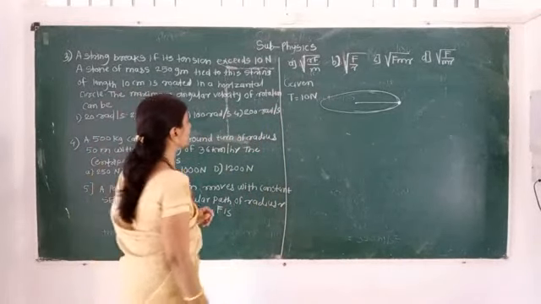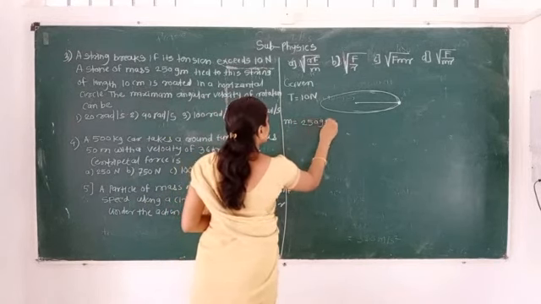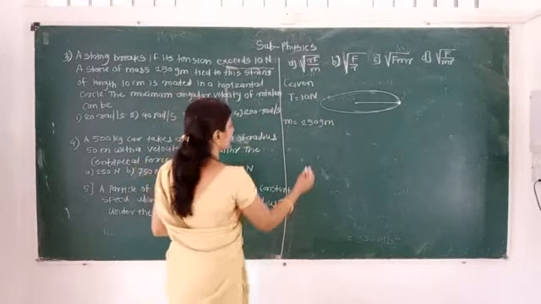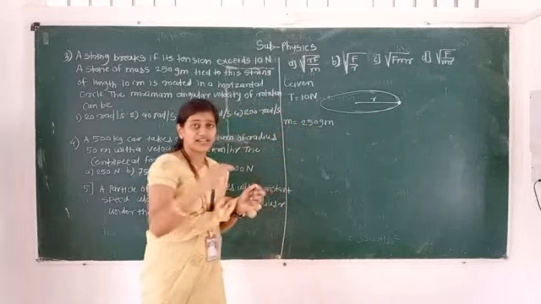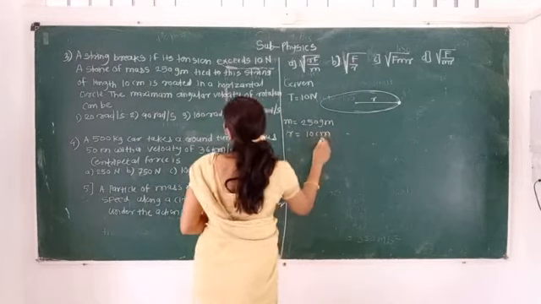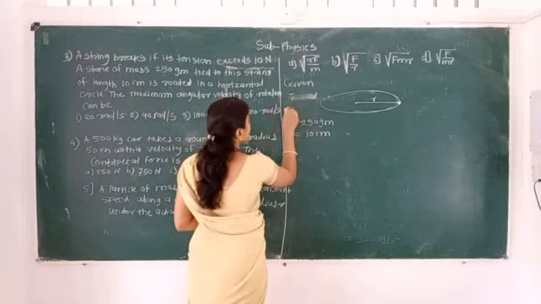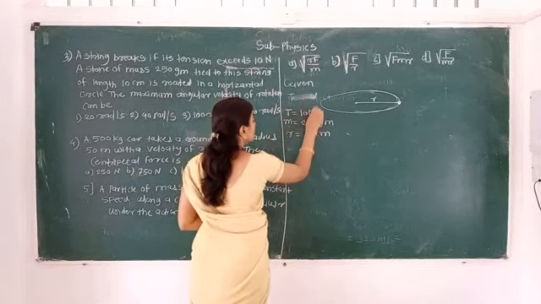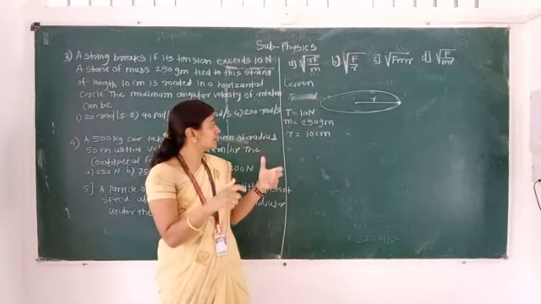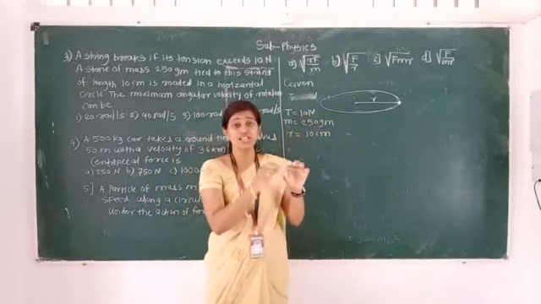Okay. Next, the mass is given: mass is equal to 250 gram. Given information, let me write first. Tied to a string of a length. Length means its radius, the length of that string. R is equal to 10 centimeter. Rotated in a horizontal circle. Here I am writing down aside, T is equal to 10 Newton. Here one string is there, at one end of the string the stone is tied. So when we increase the tension up to 10 Newton, at that time the string is going to break.